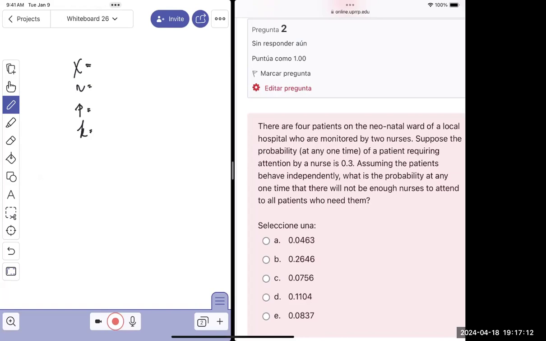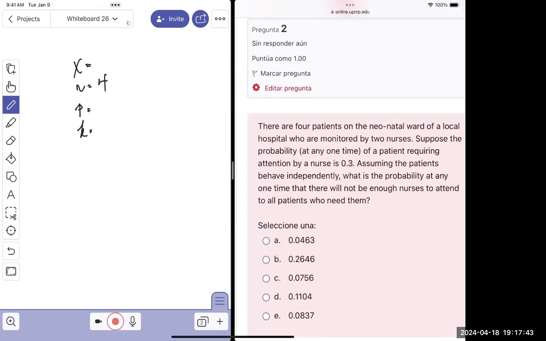So I know it's a binomial because I just know, but if you didn't know, you write down X and P, and you see if you can account for all of these things. So there are 4 patients, so let's make that one N. And we're gonna look to see that there are not enough nurses. So X, well,